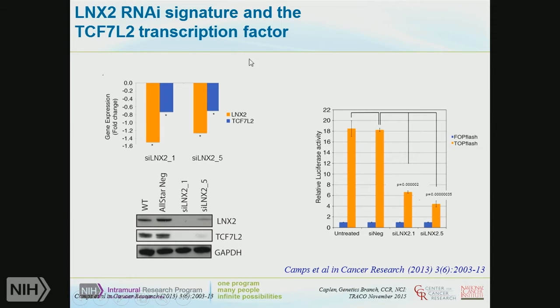And what we're able to show from this is actually that LNX2 does decrease the expression of TCF7L2 at an RNA and a protein level, and actually does affect its activity in an assay of Wnt signaling. So in this case, we were able to take what was our observations in tumors and now take them all the way through to a mechanistic application that links this one protein to actually 2 pathways that are known to be disrupted in colorectal cancer.